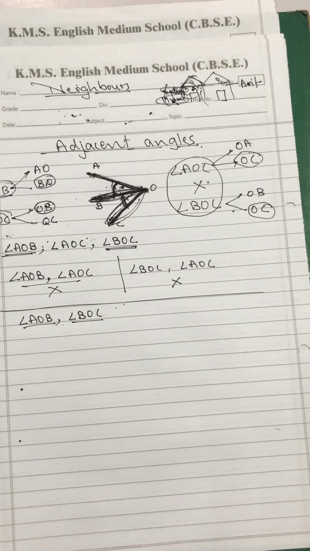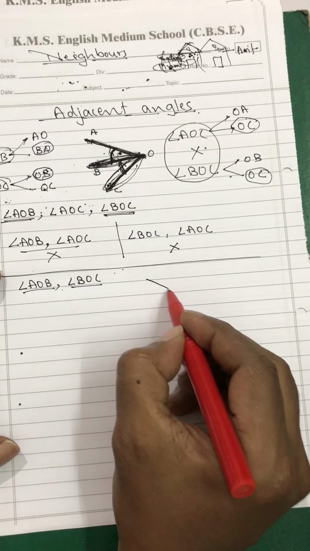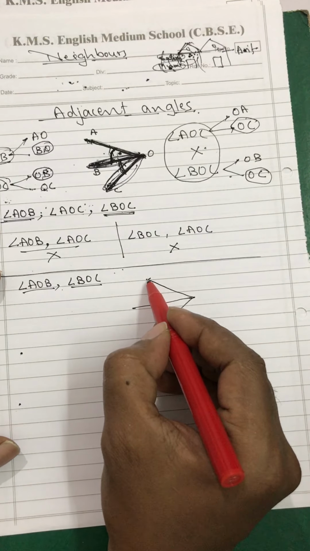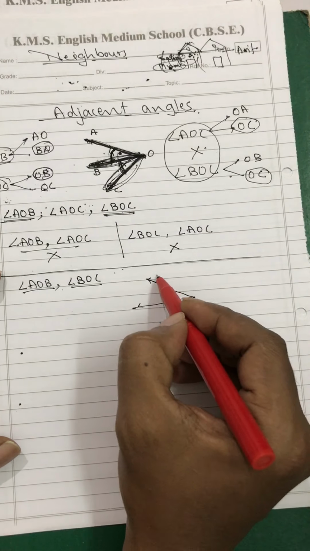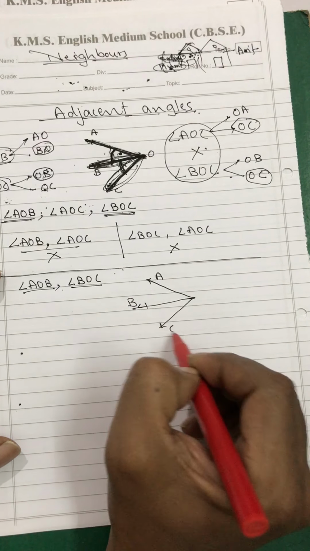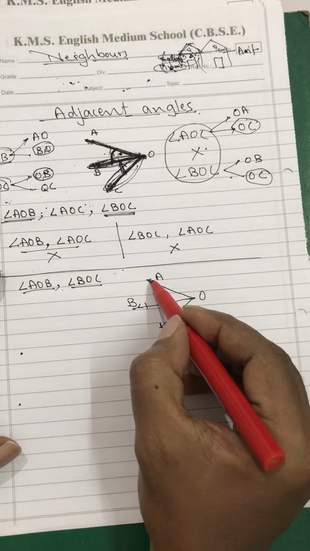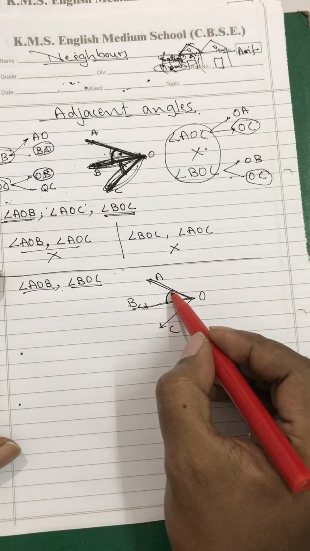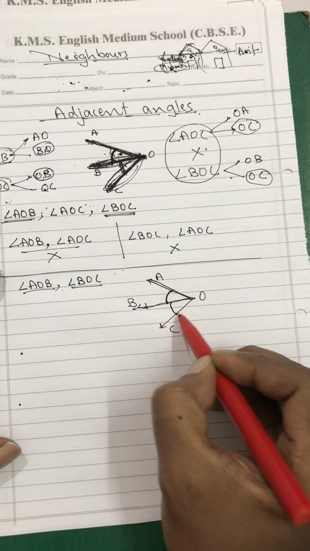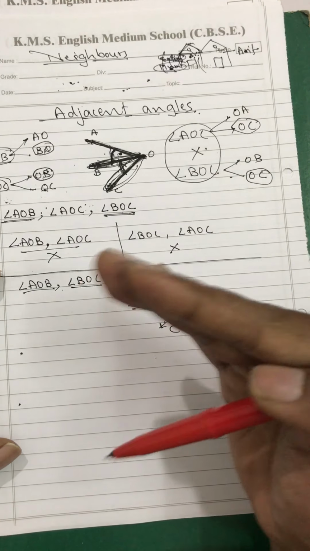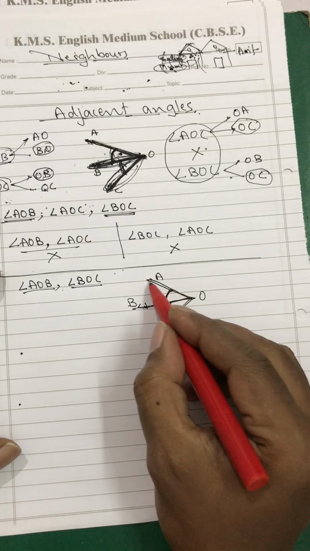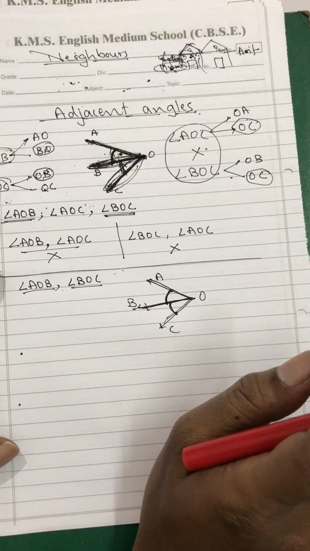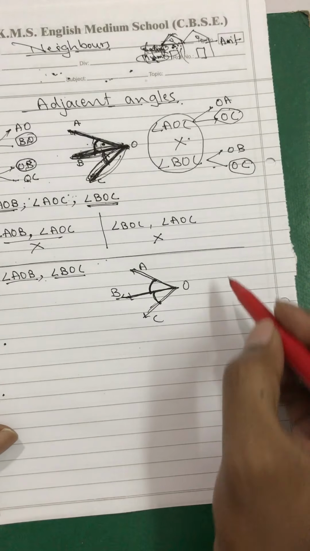But my dear students, stick to this basic method of understanding. It is very simple, because many times you can't keep on tracking things like that. The best way is to go in this fashion: angle AOB, then go forward, angle BOC. Just go on continuing. They are adjacent angles. There should not be any overlapping.